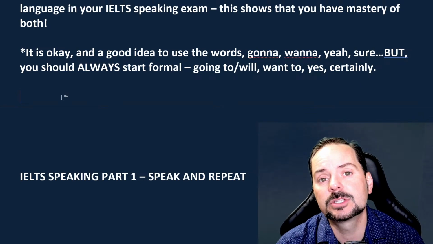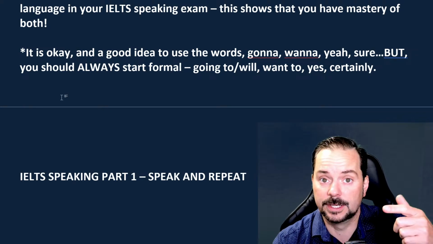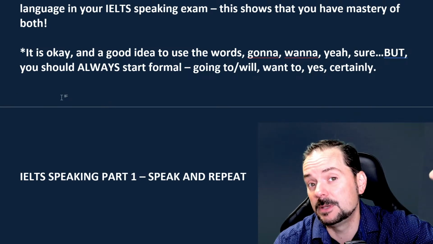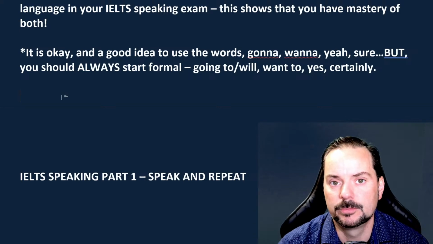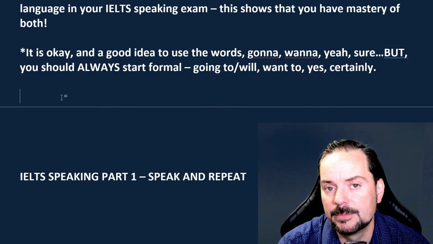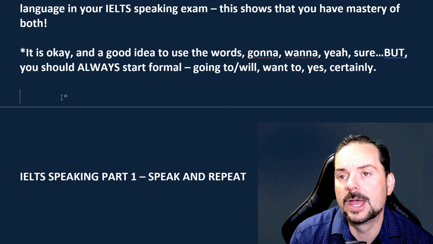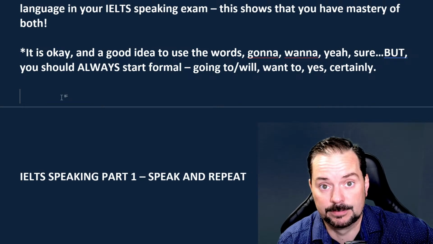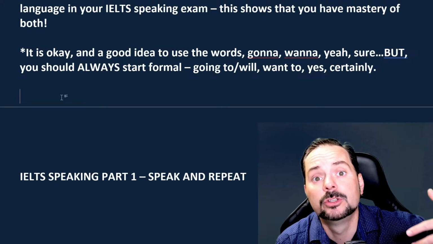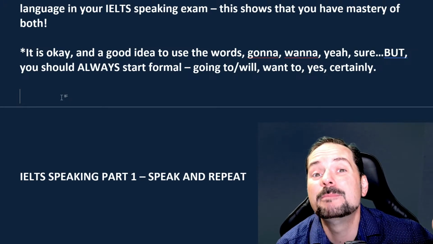So it's best to start formal for two reasons, okay? One, to get you thinking that, okay, I need to speak formal, okay? Two, to set the mood, okay? To set the right context for the examiner. The examiner definitely will feel better when they sense that you give them respect as an examiner, right? As a person who is there to do a job which is for your benefit, okay? They're there to do a job which benefits you.